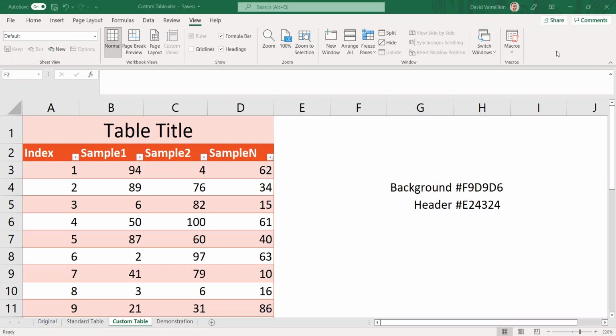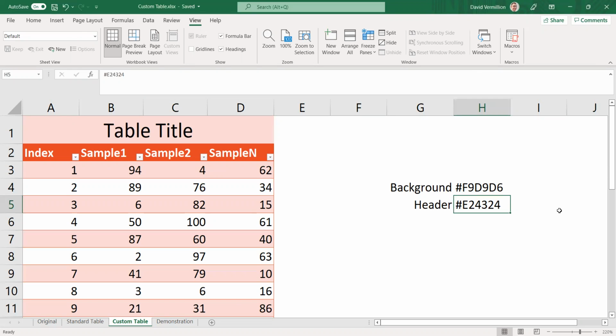You may have noticed that I have started moving my charts to a vermilion color scheme. This color here is vermilion or cinnabar, and that is this hex code right here. You may also have noticed that as I've been doing that transition, some of my tables have started to be consistent in that color scheme, and you may be wondering how to create your own tables with your own custom